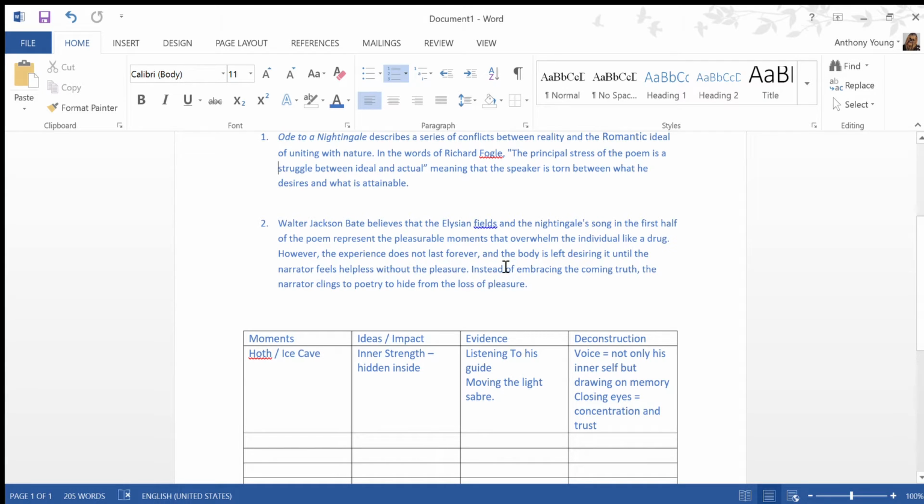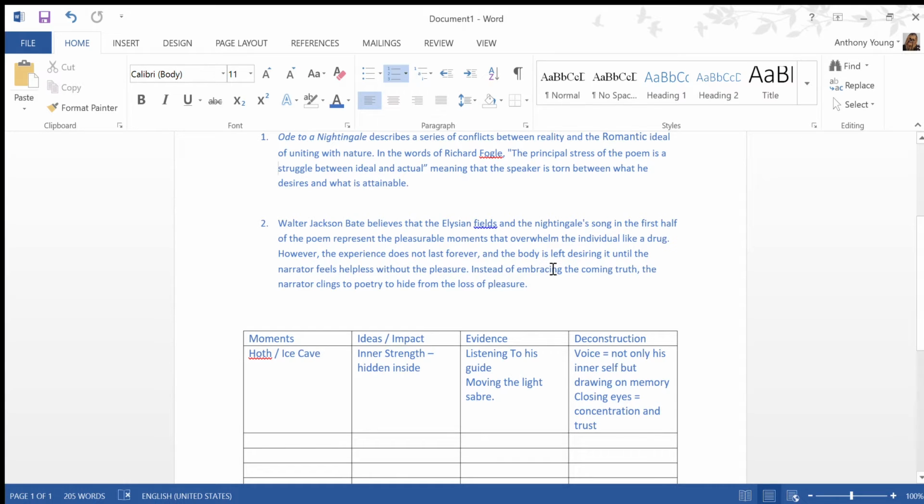harder prompts. And as I said, I don't know what the prompts on the exam are going to be, so they could be easy like the one above, or they could be harder and present several ideas. So that is the difference in this prompt, is that it presents several ideas, not the single idea that the prompt above gave. So it reads, Walter Jackson Bate believes that the Elysian Fields and the Nightingale Song in the first half of the poem